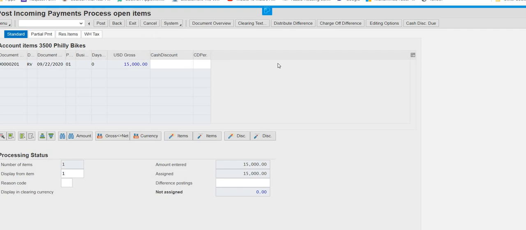When you click on Process Open Item, you should receive this screen, and in that screen, you must have Not Assigned value 0. If you are getting anything other than 0, then you have to double click on this assigned value.